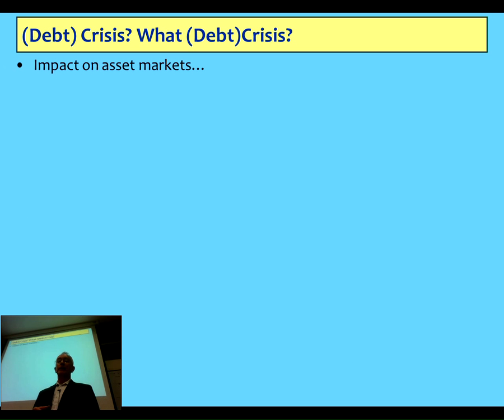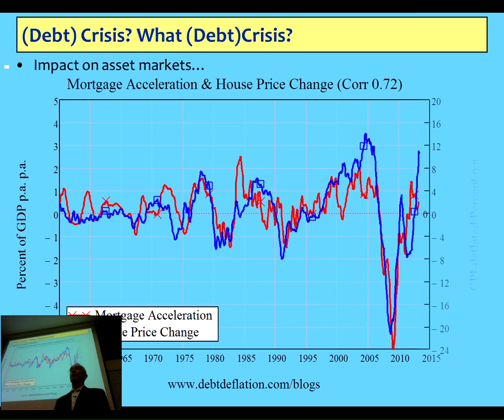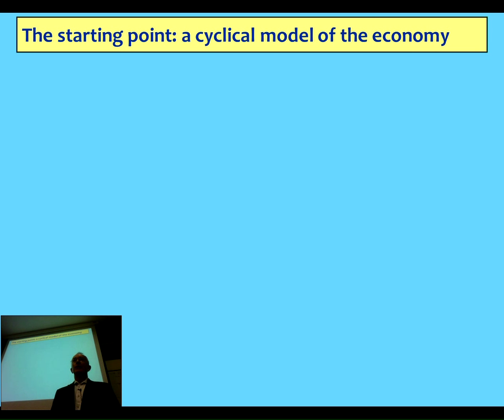And a similar thing for the asset markets. This is now looking at the acceleration of mortgage debt and change in house prices over the last 6 decades. Correlation of 0.72. That shouldn't be there, okay, according to conventional theory. So that's why this is something significant that's being ignored by the conventional approach to economics,